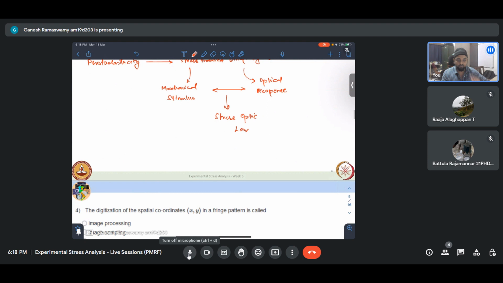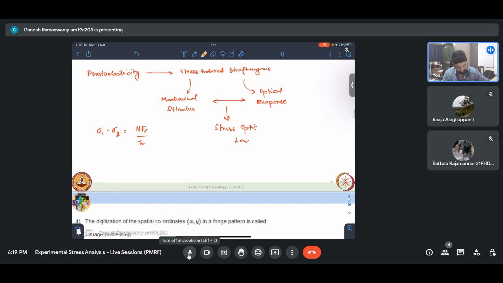So once we take a photograph of some loaded disk, we know sigma 1 minus sigma 2 gives us nf sigma by h. We know h. Sigma 1 minus sigma 2 is what we are trying to calculate. We can know the fringe order by fringe order numbering. The only thing that scales this difference up is our F sigma. So if our F sigma is not correct, our translation from optical response to our mechanical stimulus will not be correct. So this plays a very key role, and this F sigma depends on,